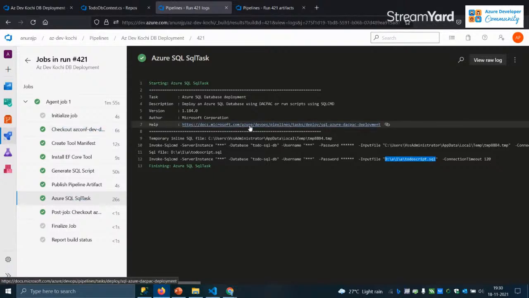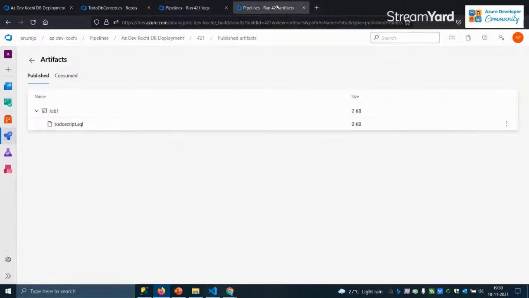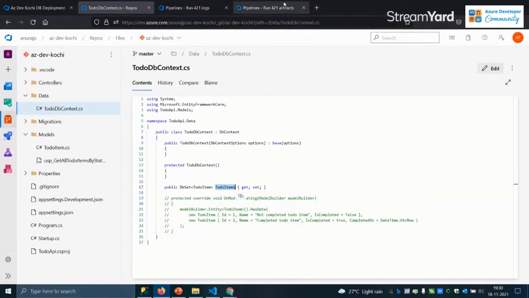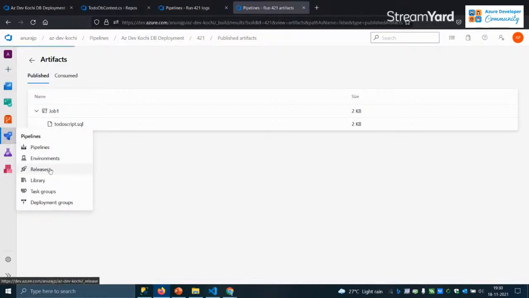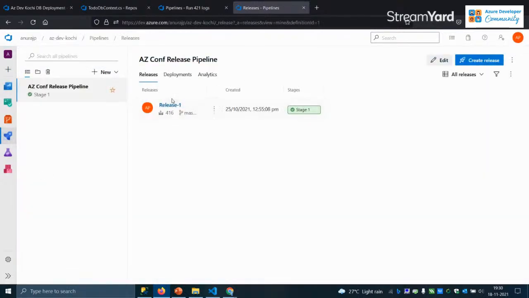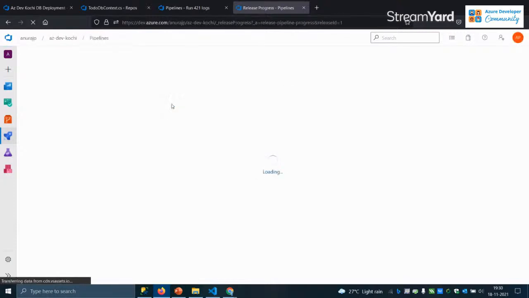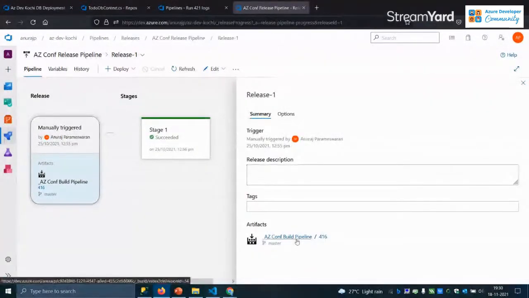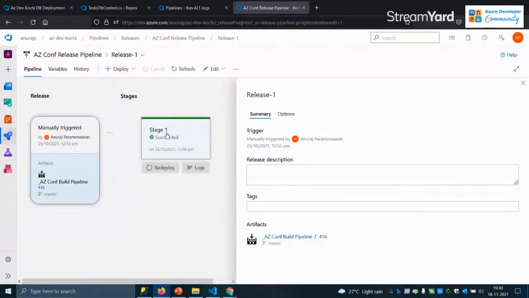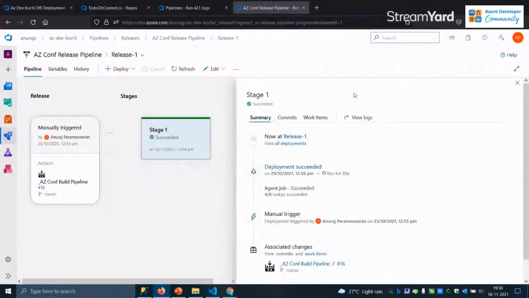So we use the SQL script generation method, and related to this, if I go to releases, I've got a release also, since I deploy it using both build and release pipeline. So it is consuming an artifact from this pipeline, and in this code, if I